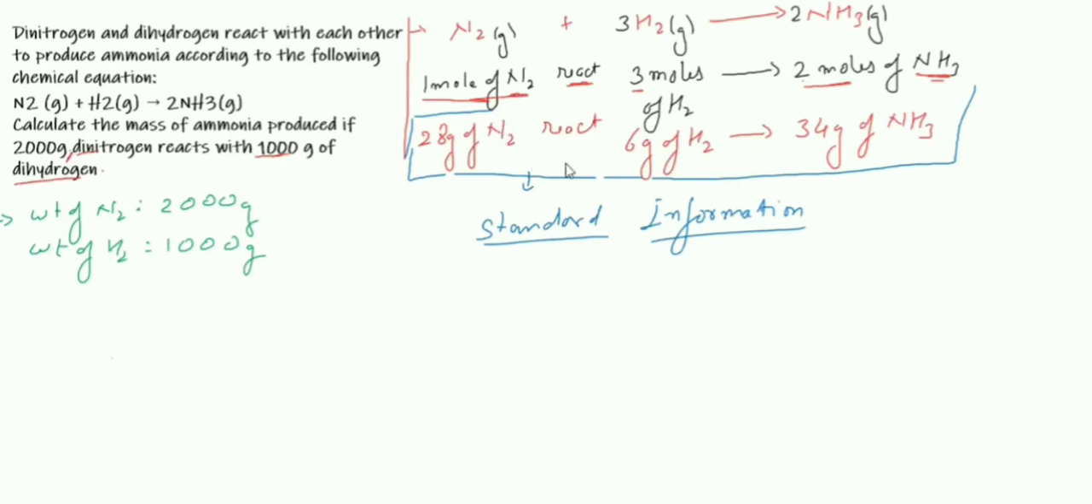Now let's see the relationship between nitrogen and hydrogen. For 28 grams of nitrogen, we require 6 grams of hydrogen. That is our standard information. For every 28 grams of nitrogen to react completely, we will require 6 grams of hydrogen, or vice versa. So let's use this term: 28 grams of nitrogen is equal to 6 grams of hydrogen. Out of these two, we take any one. So let's say